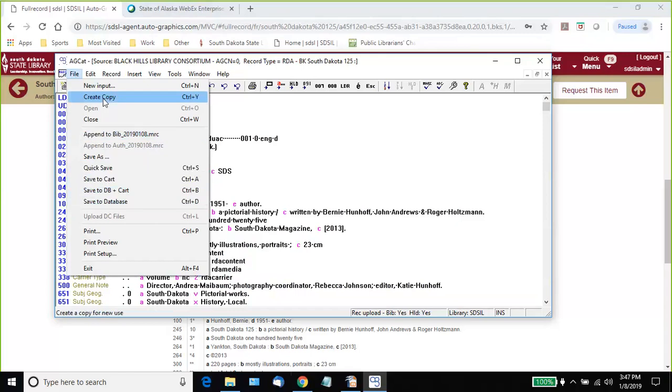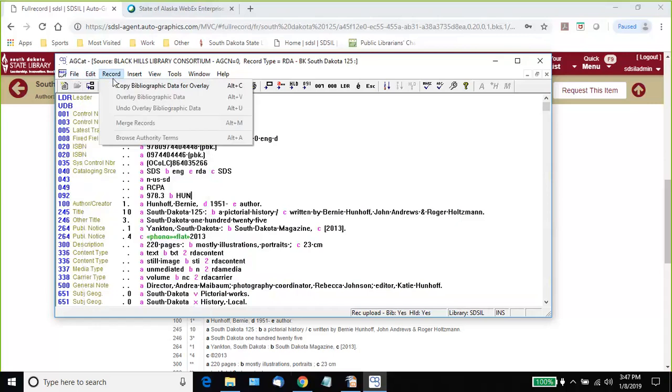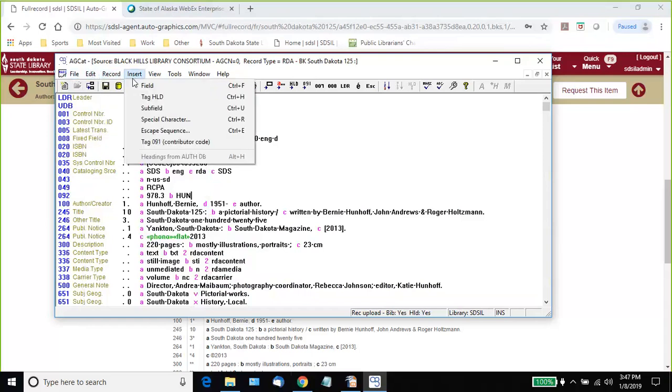You can copy things and then save them for upload into your own ILS or whatever you need to do. And there's lots of editing tools here as well. And you can copy and overlay records that are in the system. Insert different tags that you need,